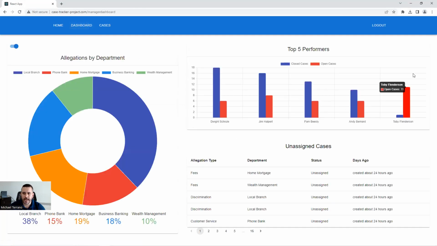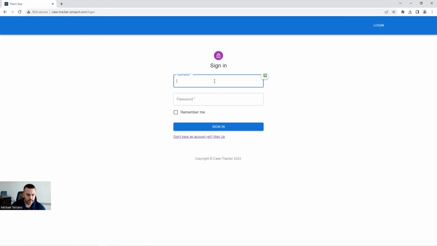And then again, if we go back to this page here, these are the top 5 performers out of all the researchers that we had, the researchers with the most closed cases. So we have Dwight with 18, and then Jim with 16, and all the different researchers and all their different closed cases. And then the red is going to be all the cases that they currently have assigned to them. So now let's go ahead and log out, and we will